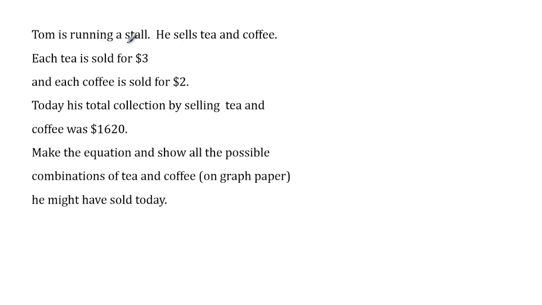Tom is running a stall. He sells tea and coffee. Each tea is for $3 and each coffee is for $2. Today, his total collection by selling tea and coffee was $1,620. Make the equation and show all the possible combinations of tea and coffee on a graph paper he might have